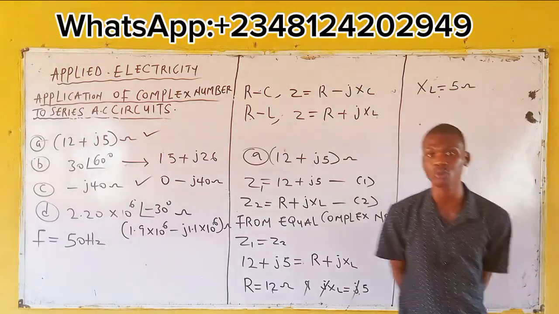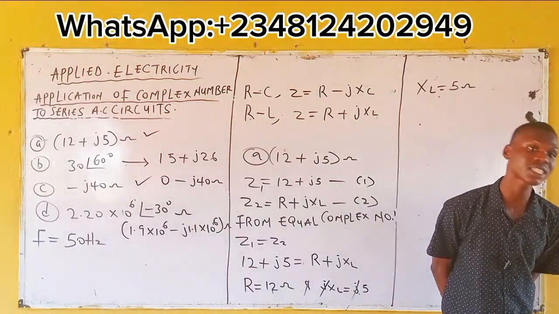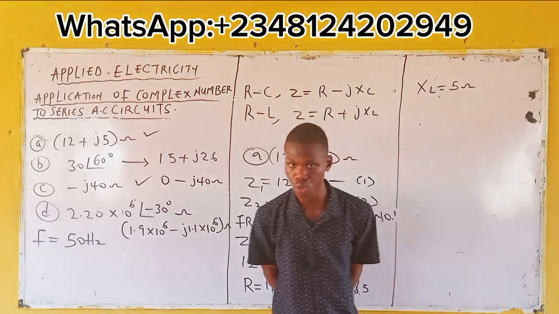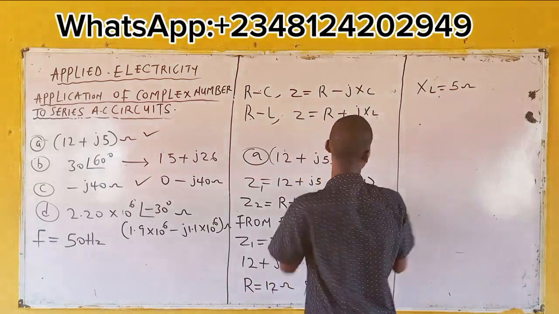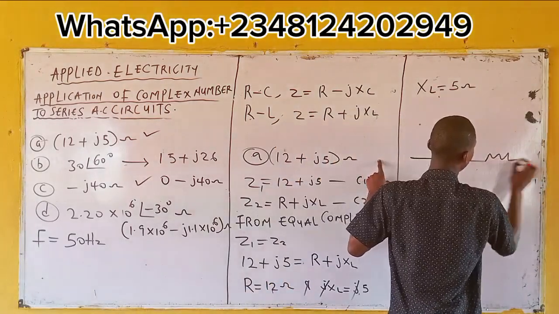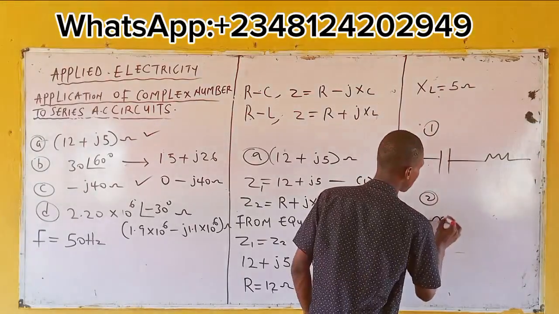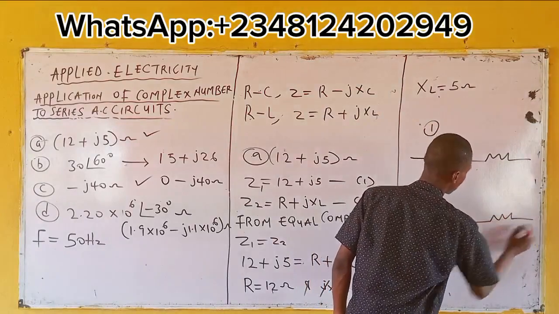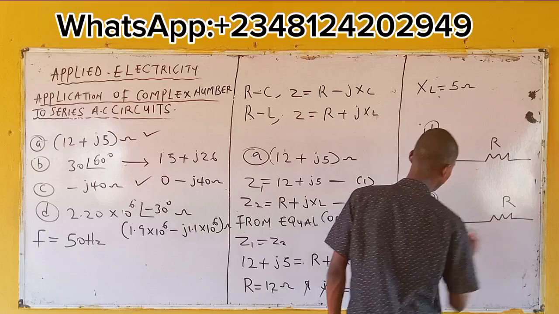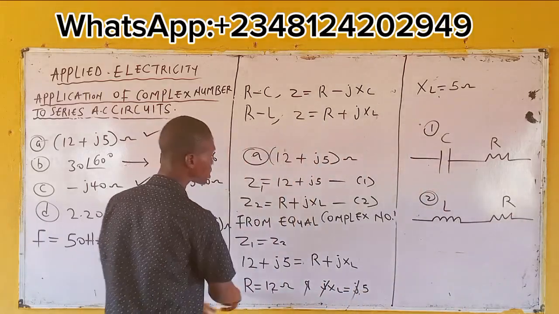Now, we have to calculate resistance and either capacitance or what? Inductor. Do you get me? So this is what we are saying. Let's draw the diagram. Let's say this is your diagram. This is the first one, then this is the second one. This is R, this is C. This is R, this is L. Now, for this first question that we've solved, I've gotten R and I've gotten